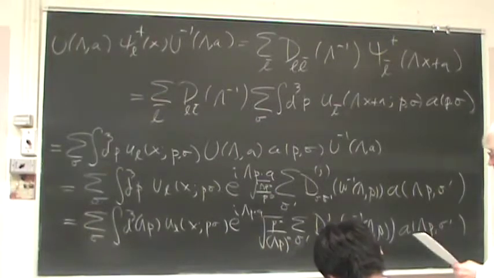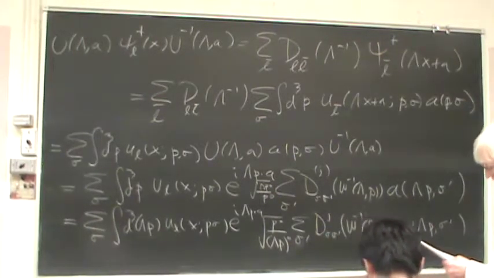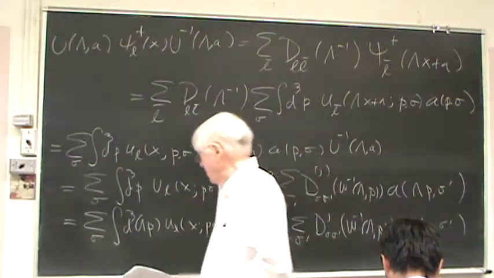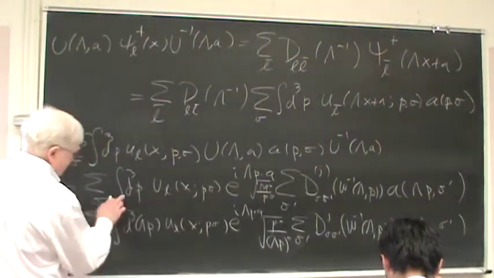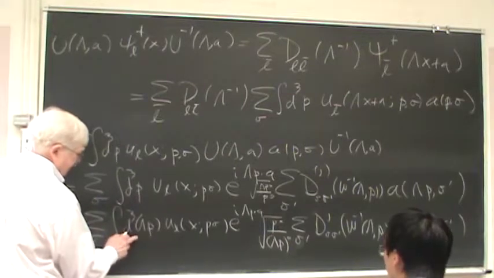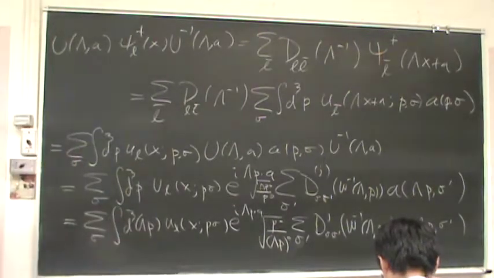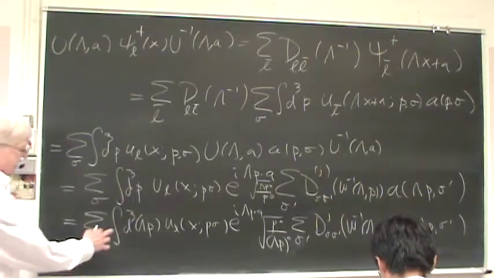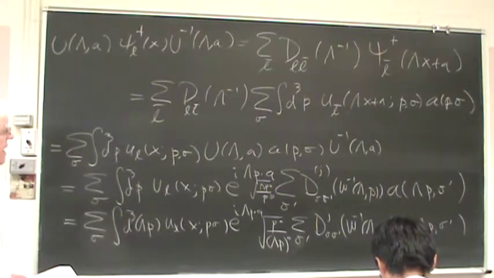So all I've done there is something really just silly. I've just replaced dqp by d cubed lambda p times a ratio of energy, the 0 components of 4-vectors, and that turns this into this. Okay.